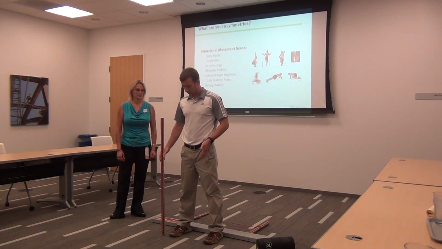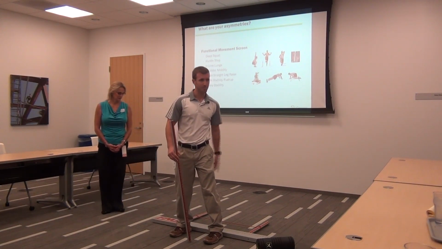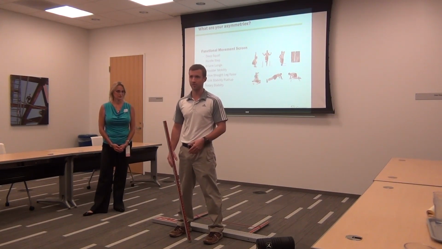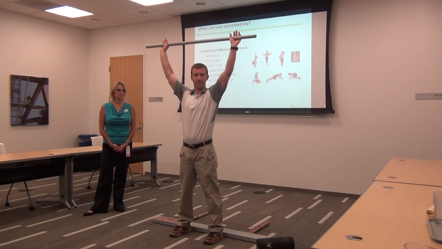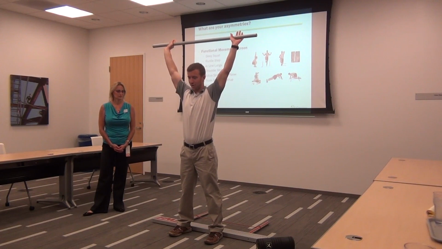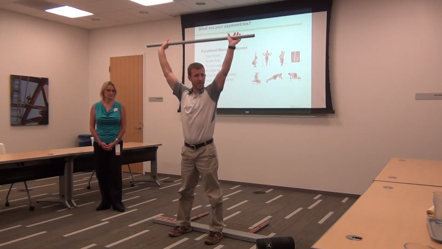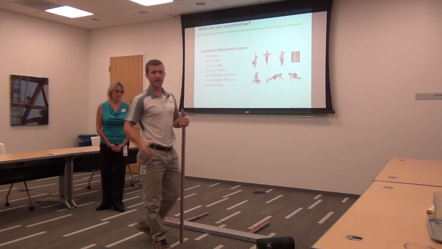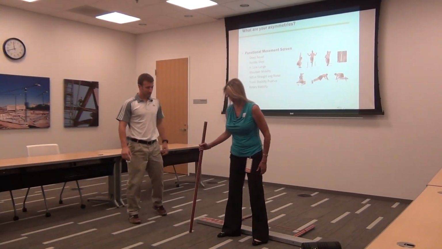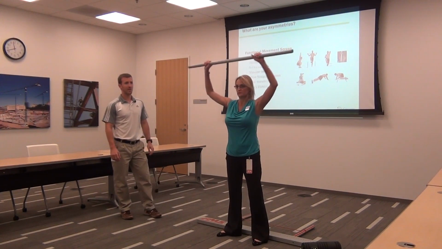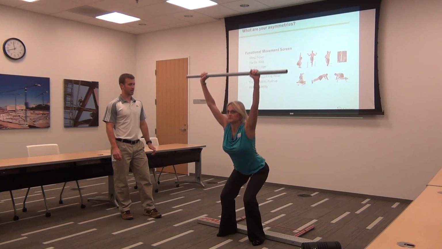So you start. You want to put your feet just about shoulder width apart. Now we of course have this nice board here. You can use a 2x4, whatever. It doesn't really matter. Okay, you're going to take a stick, could be a broomstick, whatever. Put this on top of your head, and then press it straight up. Okay, so from this starting position, you're going to drop straight down, as low as you can, and come straight back up. Okay, so ideally that's kind of the baseline. I have some of my movement issues, but that's a baseline that we look for. So if you want to watch, you can videotape yourself or have a mirror close by. So Sharon's going to press that straight up, and then drop down into a squat.